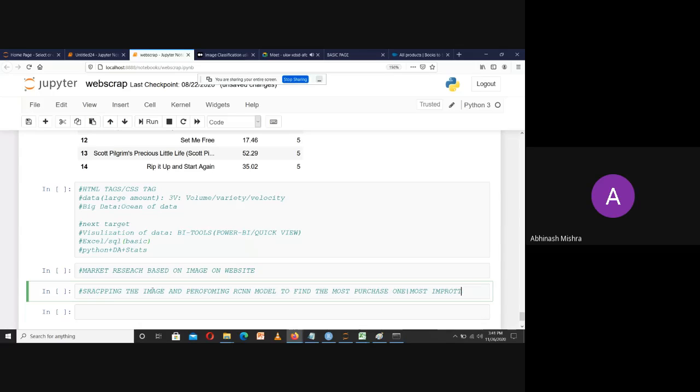So we can further invest our time: if we want to do web scraping, we can have a sample case study over scraping of images from the website using the same technique